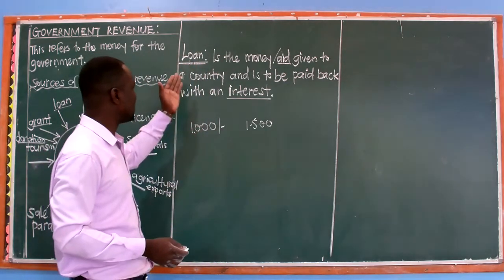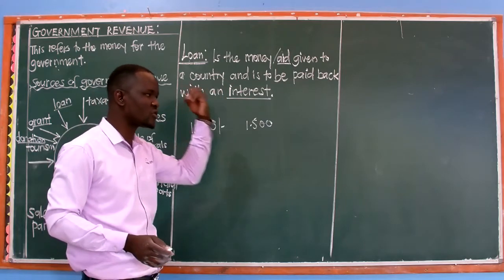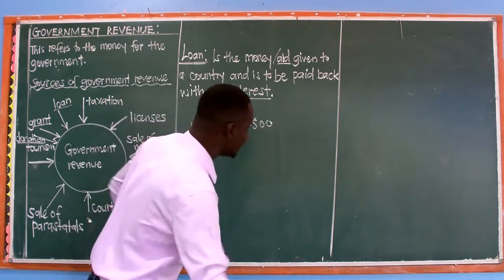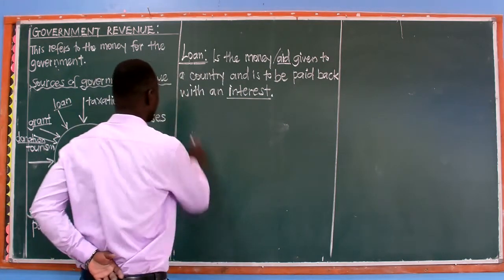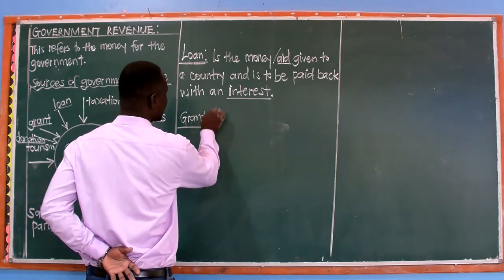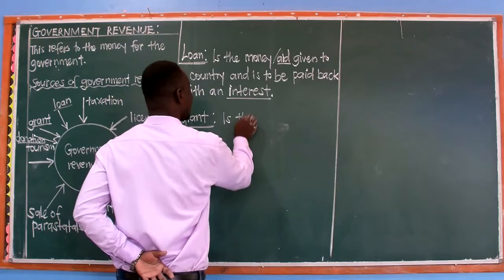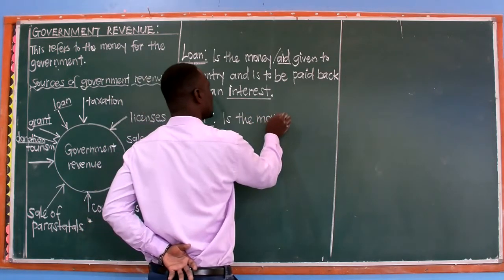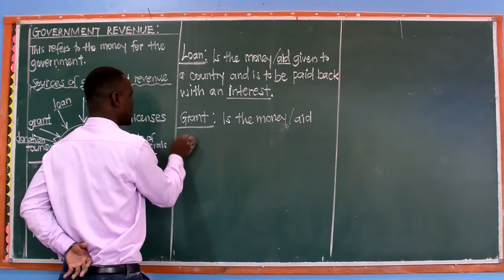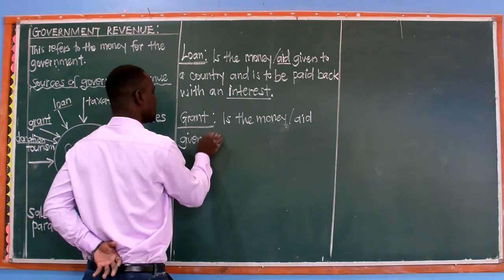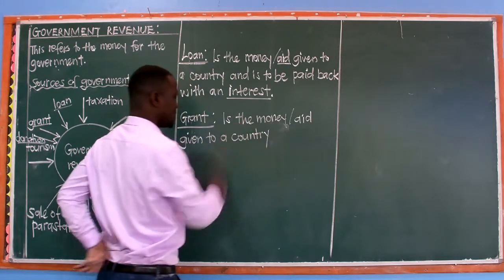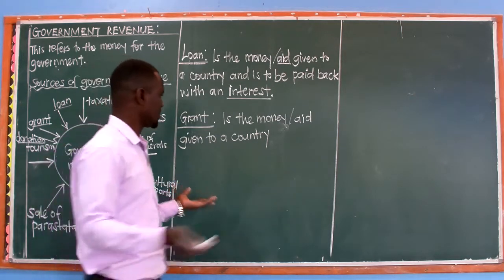loan. It is the money given to a country and the country has to pay it back with that interest. Next is what we call a grant. The same, we shall say a grant is the money, or the help or aid, given to a country. In this case, we are talking about a country, not an individual. Given to a country to solve a certain problem